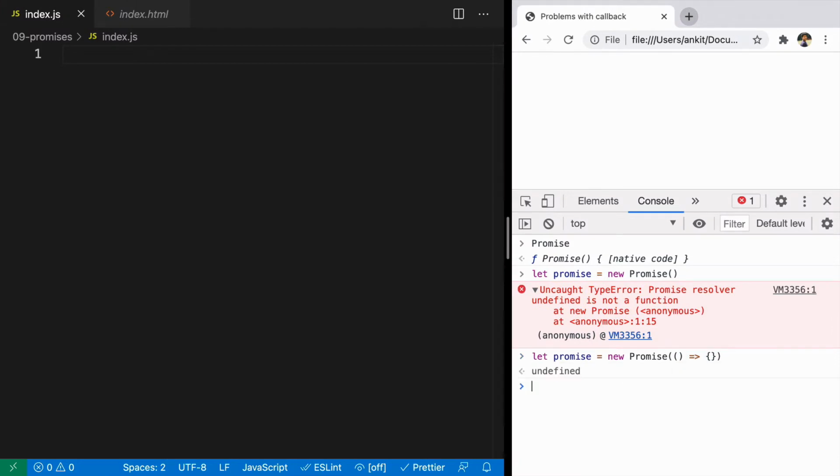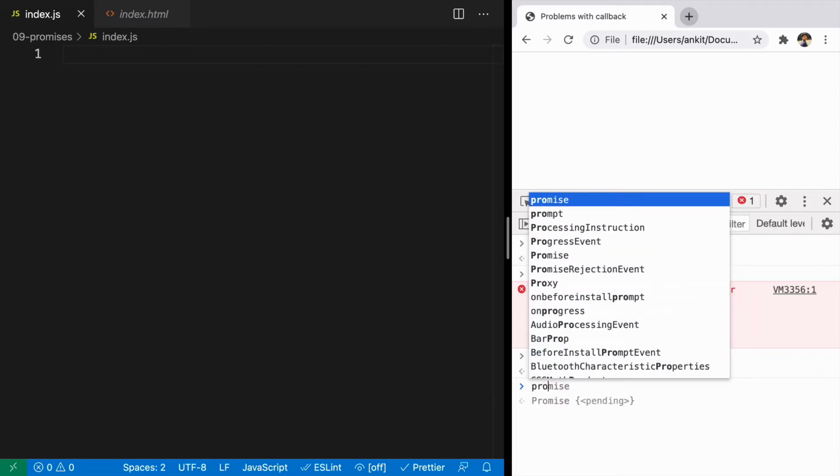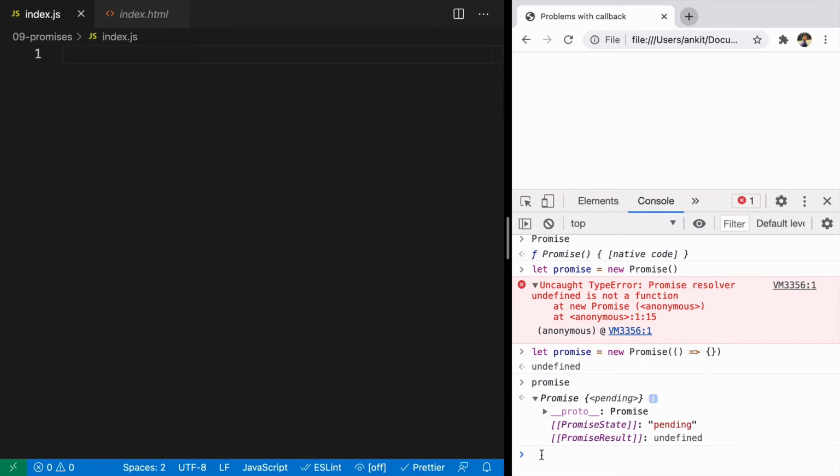Now when you press enter, it will work, but you have just added an empty function that is not going to do anything. But what if you look at a promise? A promise is a placeholder object that can resolve into a value, synchronous or asynchronous, in the future. Here we haven't passed any logical function to it, because right now we are just saying go ahead, pass a function as a placeholder, that's all.